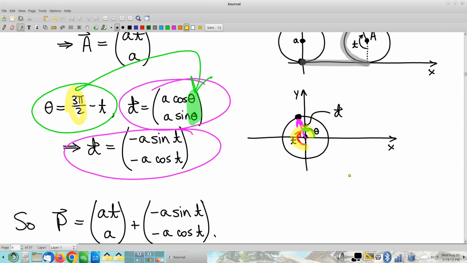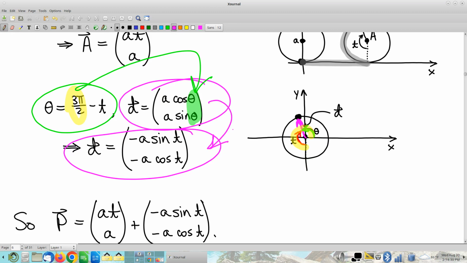I want to stick with this setup just because otherwise it'll take forever. Is everybody happy with this? Okay, so now the last thing I want to point out: how did I get from here to